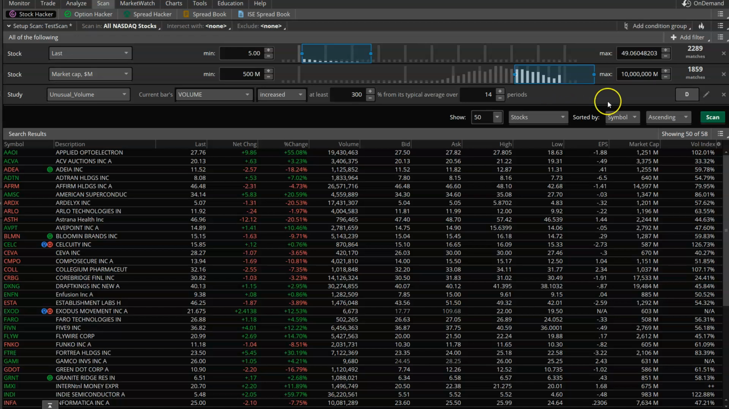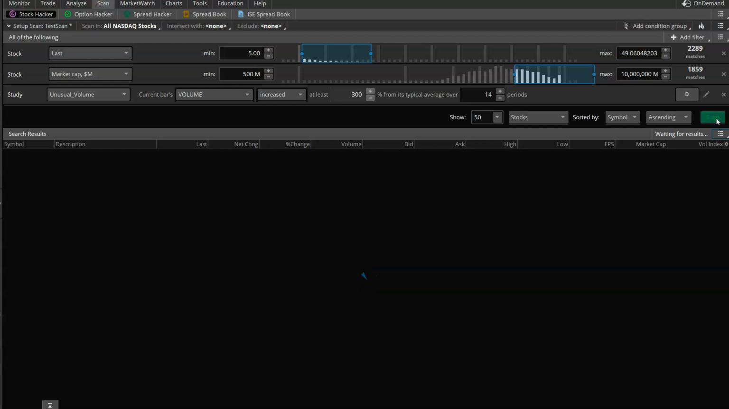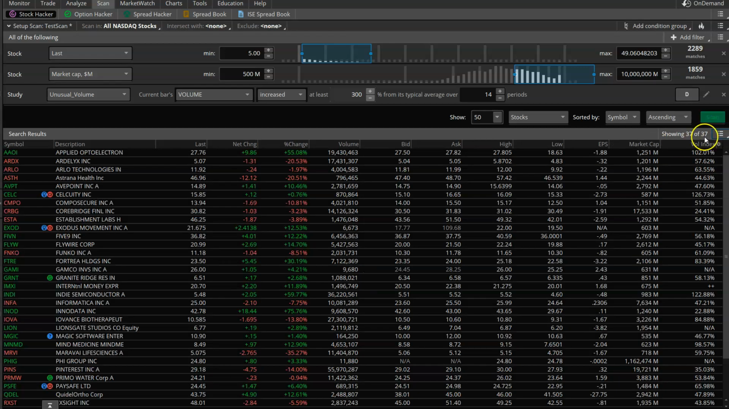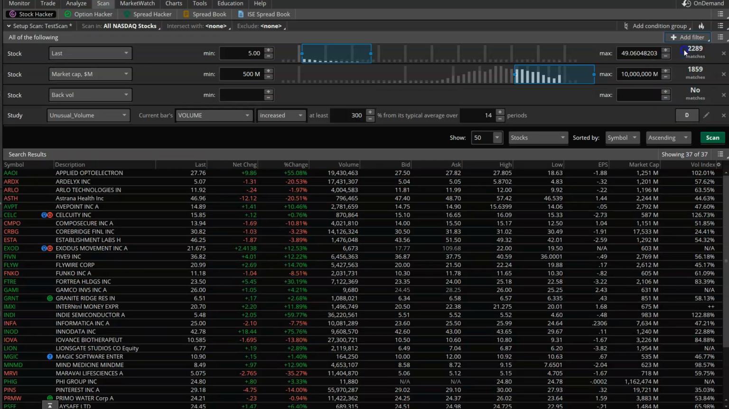Okay, so let's try scanning again, and it's showing 37 stocks. So I think 37 stocks is enough. And of course you can make your buying and selling decisions. Now one thing that is happening here is it's showing us both the stocks that went up and the ones that went down. And let's say if you want to only take long positions, I can add another filter that the stock